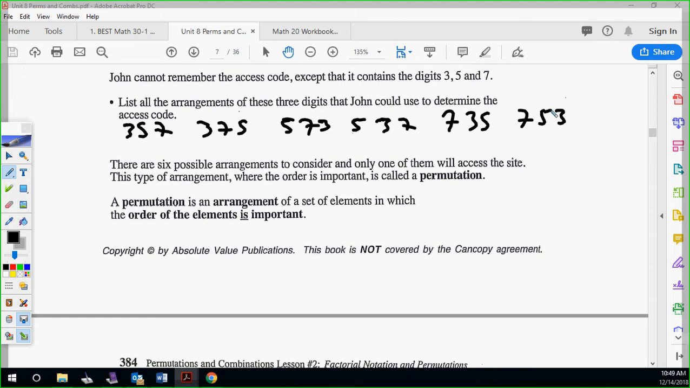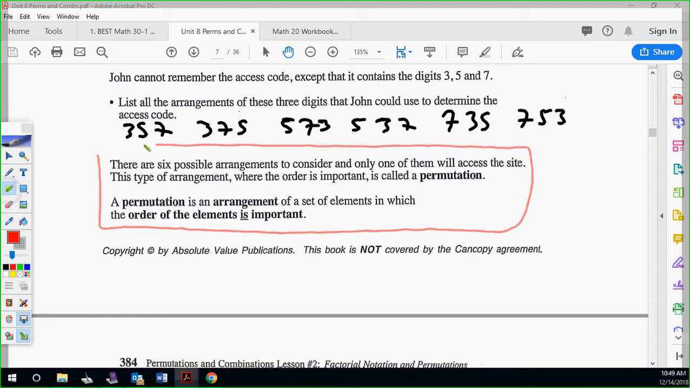This type of arrangement, where the order is important, is called a permutation. So what you want to kind of circle here, permutation, the order matters. The order is important. Okay? So 6 possible arrangements. Again, this type of arrangement is called permutation. A permutation is an arrangement of a set of elements in which the order of elements is important. Okay? Are you guys good? Okay, so